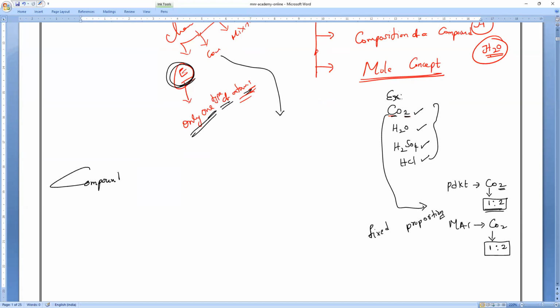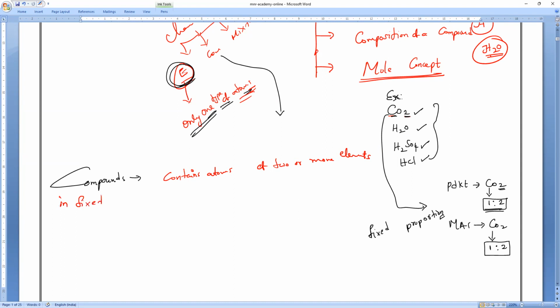Last chapter you might have studied that compounds have more than one element, made up of different atoms, and they have a fixed proportion. That is what you have to remember. Do you understand, everybody? So compounds, if you have taken, are more than one element. They contain atoms of two or more elements